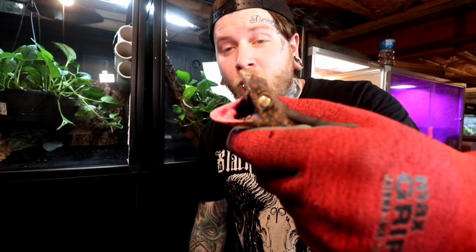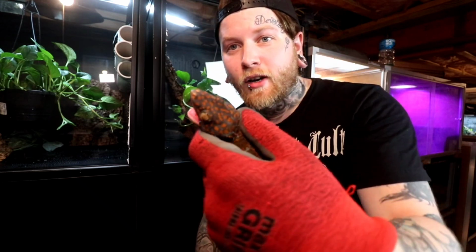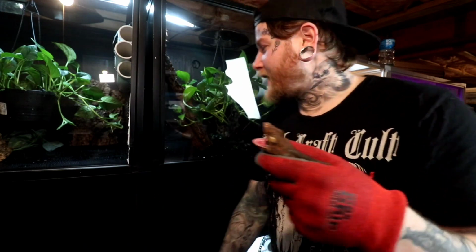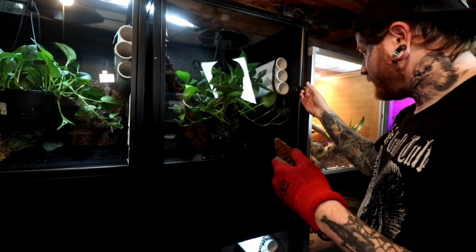And then for the female, we have once again just a really nice normal looking girl. Fired down, so got that nice dark with those big polka dot patterning. Like I mentioned, these guys are actually paired about 7 months ago, and then we started cycling them. So this was the original pairing that did get me that first clutch, so I have a feeling that this pair is going to work out just a little bit better than some of the other ones, just because they've kind of been associated with each other before. Only one way to find that out, and that is going to be